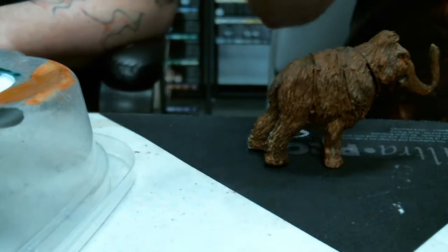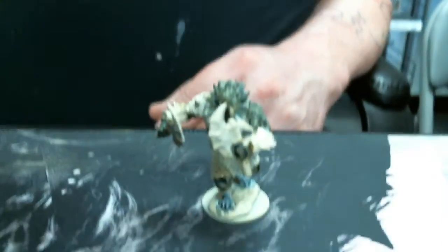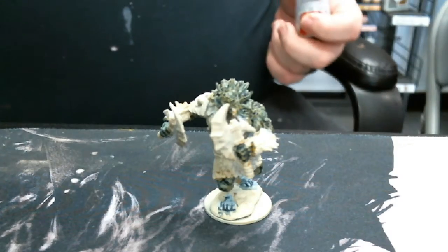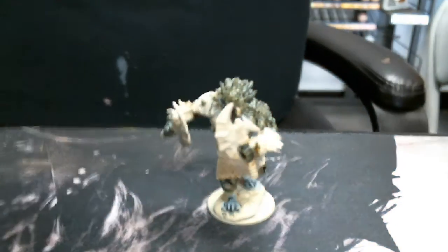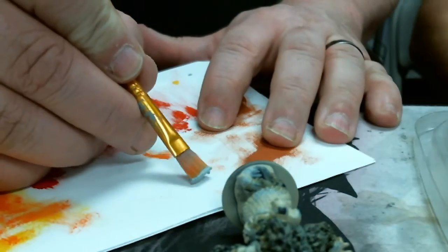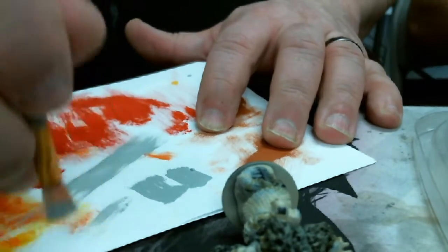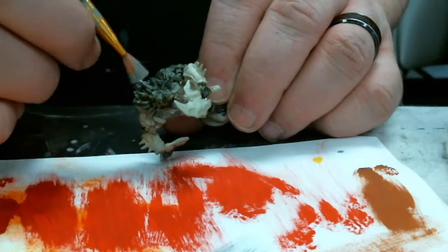See, and you're going to see an interesting little bit because I'm going to dry brush, and I'm actually going to go back to my Celestra Gray. And you're going to see something interesting. So I take my brush, and I use a larger brush because I would normally use a smaller brush if I were doing it on a larger canvas. So the way I do my dry brush is I charge my brush, like so. I literally pull on the paper on both sides, and then I go like this in the same spot, give it a little test until I get about there, and then what I do is I'll literally sit there and just...